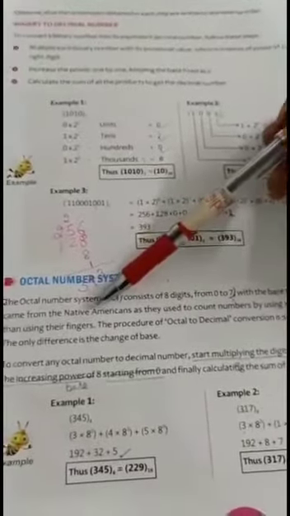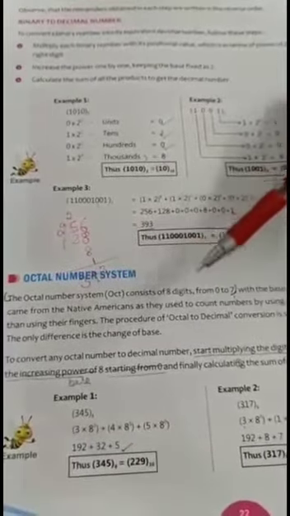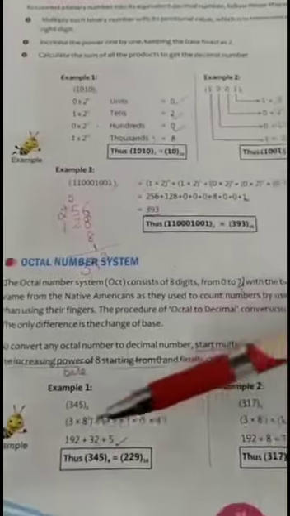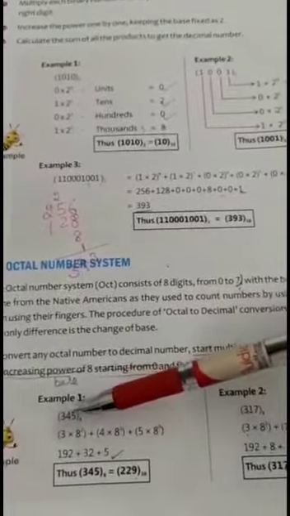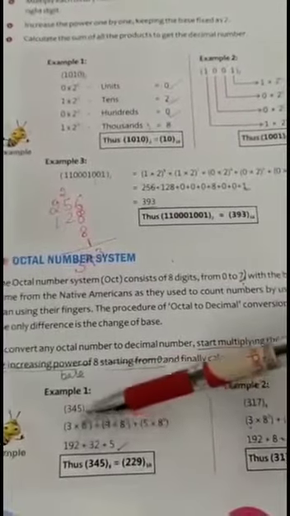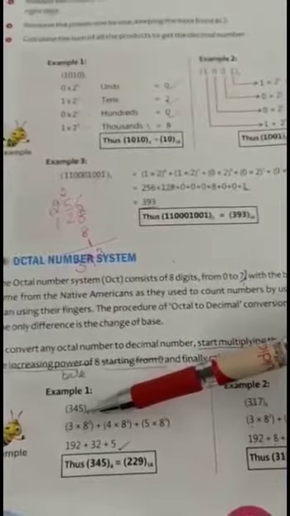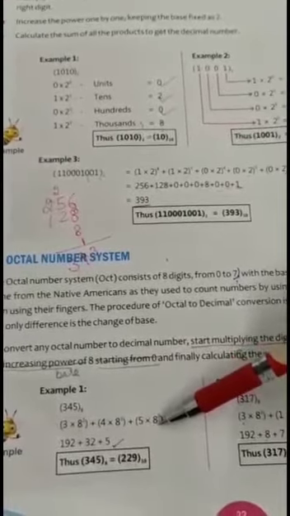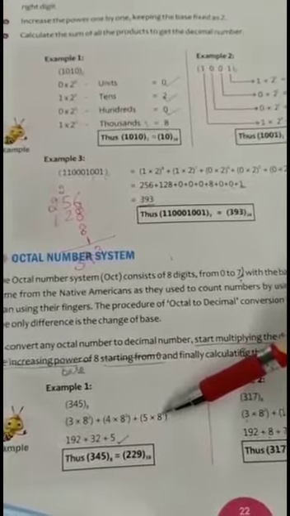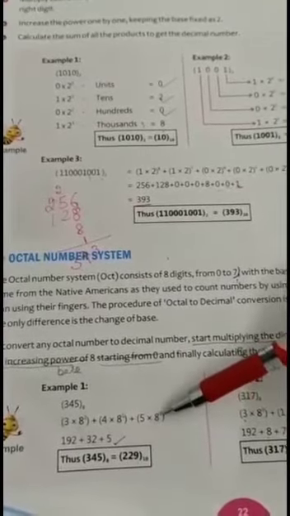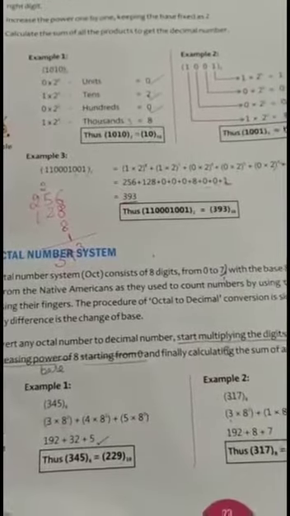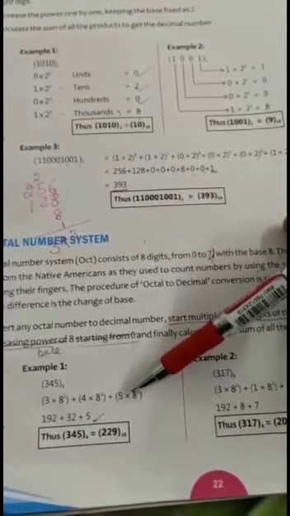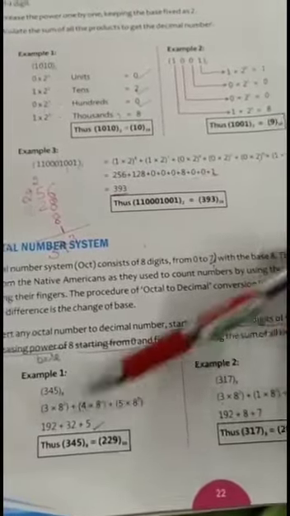In the octal number system, we are using 8 digits, so the base will be 8. The only difference is in the base; all the steps are the same. First example, 345, and its base is 8. We will start with the extreme right digit, that is 5, multiplied by base 8, and its power will start from 0. Any number that has the power 0 is equal to 1. This we had already discussed. So 5 multiplied by 1 is equal to 5.